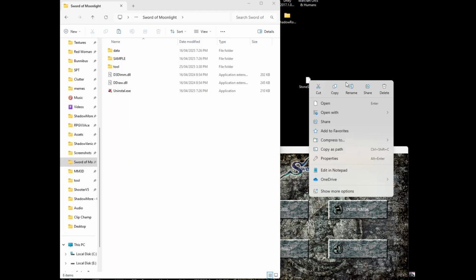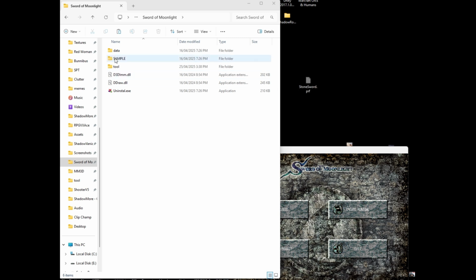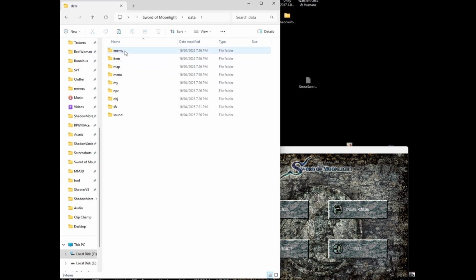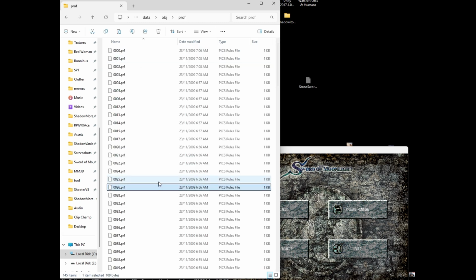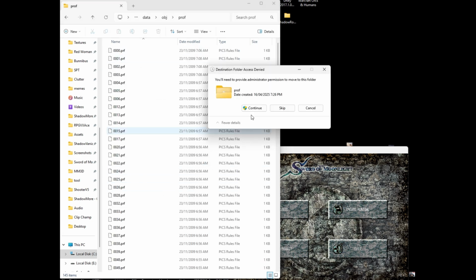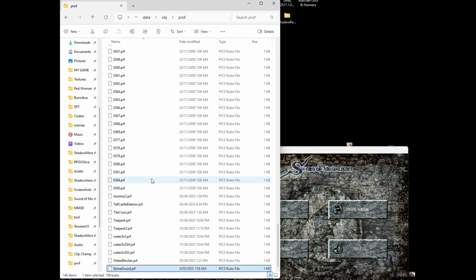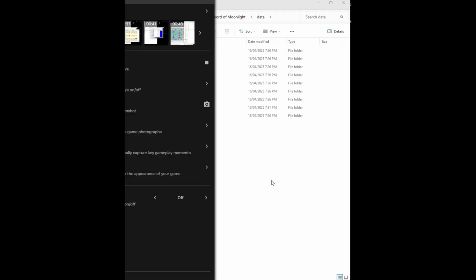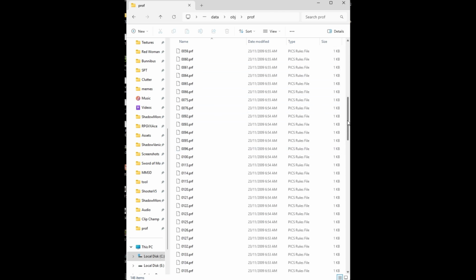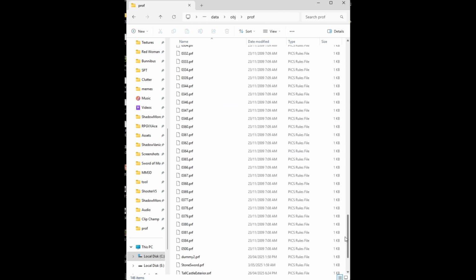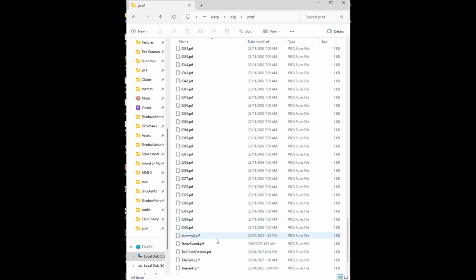Now we cut our PRF, our profile file, and go back to Sword of Moonlight, we go to our profiles file. We paste that, boom. Now if we go back to our object and then profile file, cut the profile that we created from the desktop, place it here, you go back,